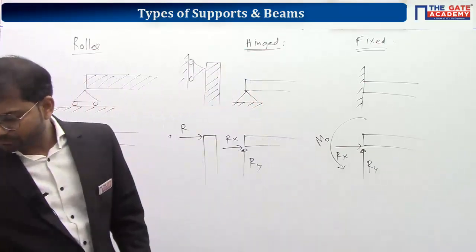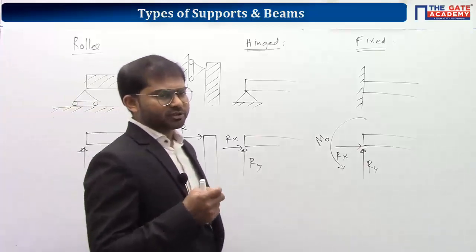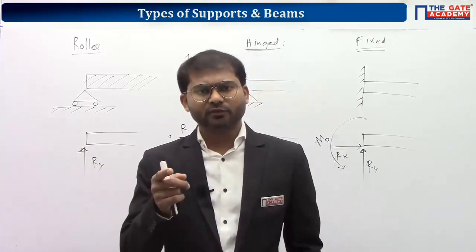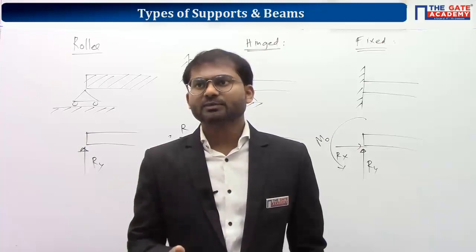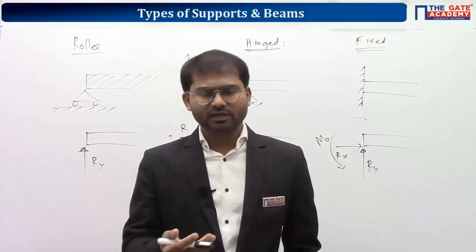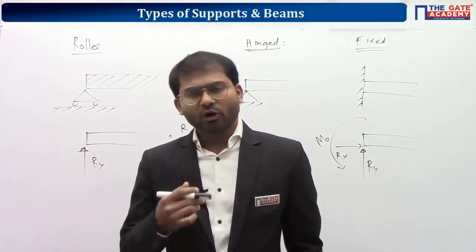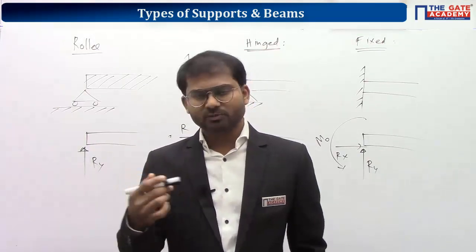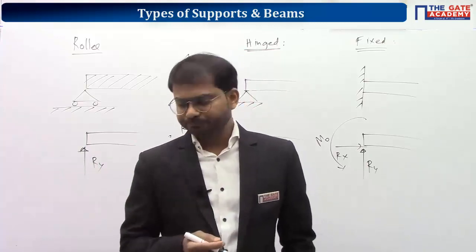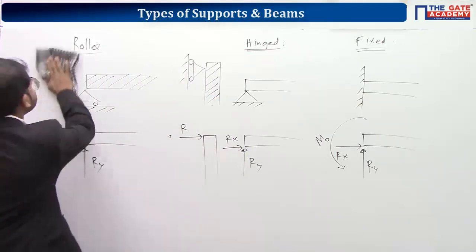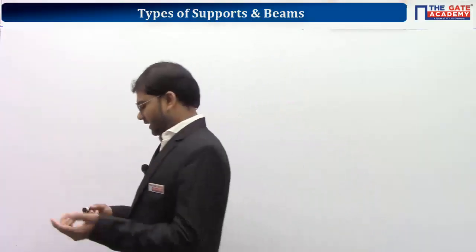Clear? Kindly copy this. Based upon the combination of supports we are using, we can have fixed support, or a combination of hinged plus roller, etc. We have different types of beams, and a few beams are given standard names. You can see on the screen, many names are already familiar to you. I want you to copy those diagrams, and after that I will explain each and every beam. Meanwhile, I will draw the free body diagram of each beam so that you can copy after this. Anyways, you go on copying.